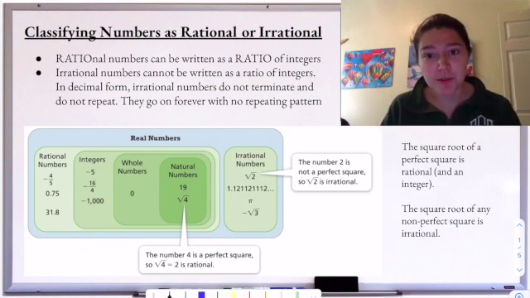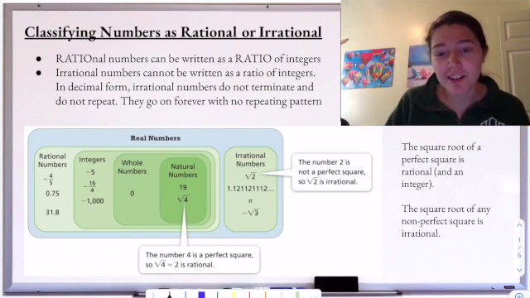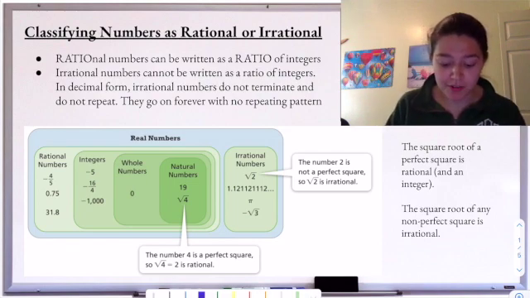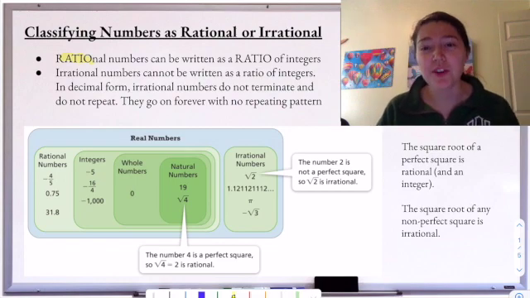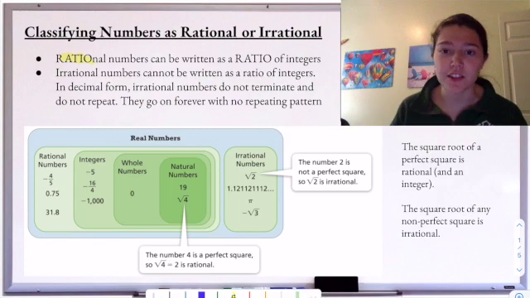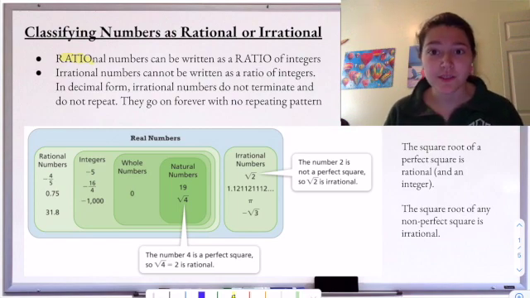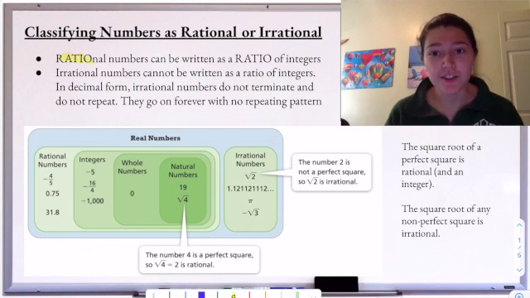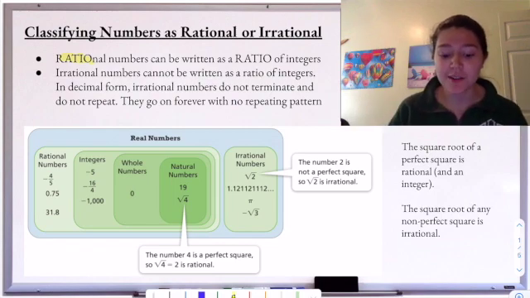So irrational numbers are numbers that cannot be written as a ratio of integers. And the definition of a rational number, most exactly, is a number that can be written as a ratio, rational, of integers. Okay, we know integers are numbers without decimals, right? So they're whole numbers, positive and negative whole numbers. So like negative 10, 10, 7, 0, 5, all of those are integers. So any number that can be written as a ratio of integers is rational, and any number that cannot be